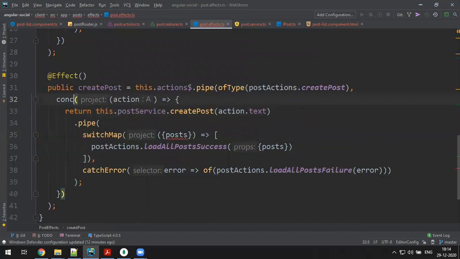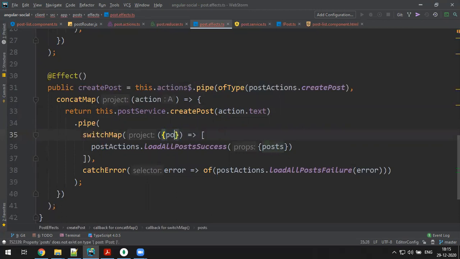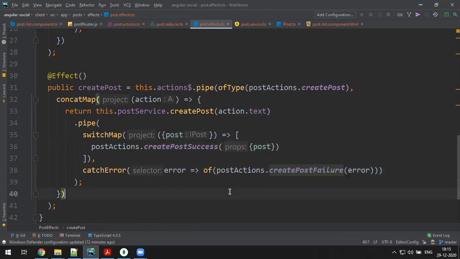This will be a concatMap for creation. So here you receive only just a post. So just say create post success, you get the single post over there, and this is create post failure, you get the string error. That's fine. So we are done with action, reducer, effects and service.